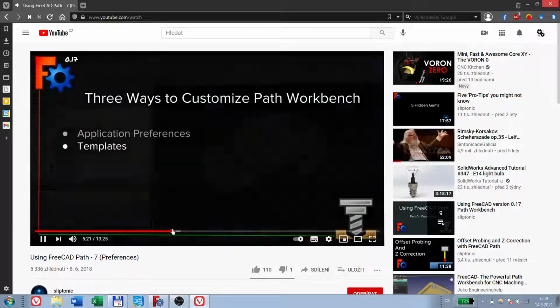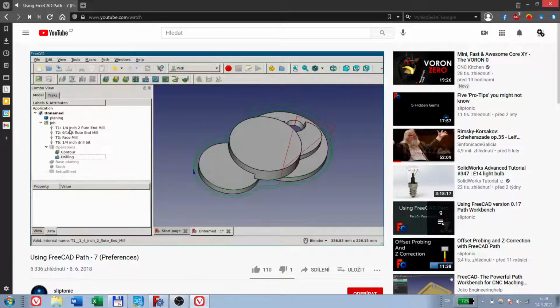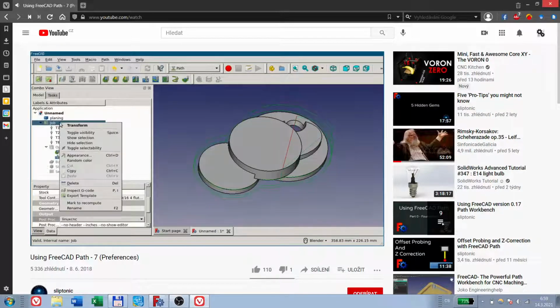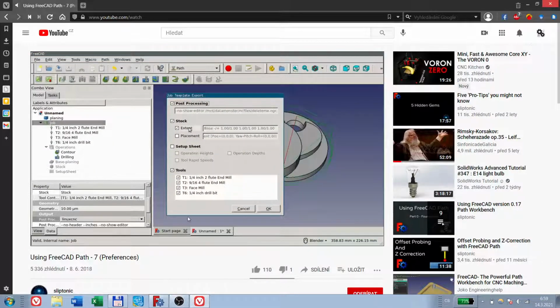Templates let you take an existing job that you've already created and save it as a template, which can then be used when you're creating new jobs, and it'll replicate a lot of what's in there. Not everything, but a lot of it. So in this case, I've already set up a job, and I've got some tools in here, and I've created some operations, and let's assume that my part is working in steel or something. I can take this job and select it in the tree, right click on it, and then export it as a template. And I get a dialog asking me what exactly I want to